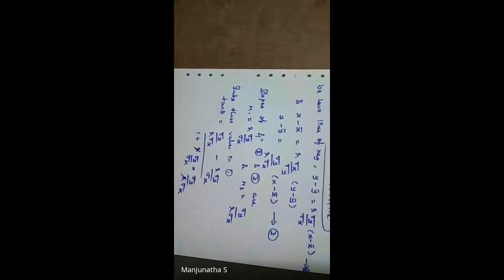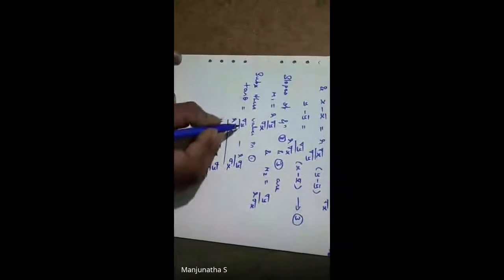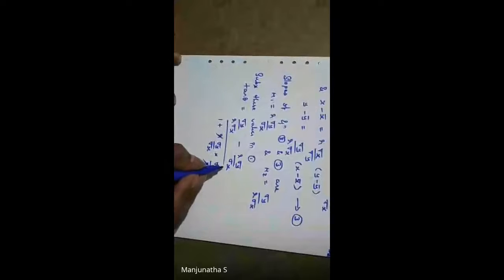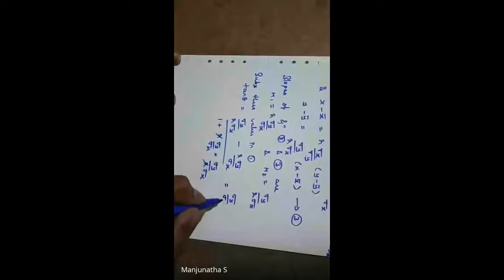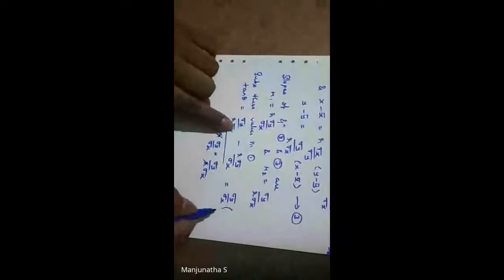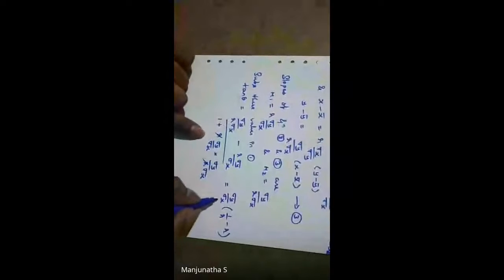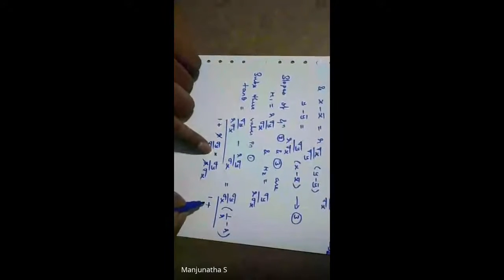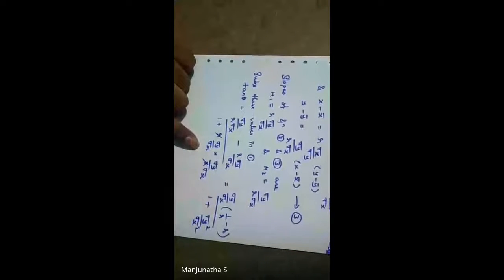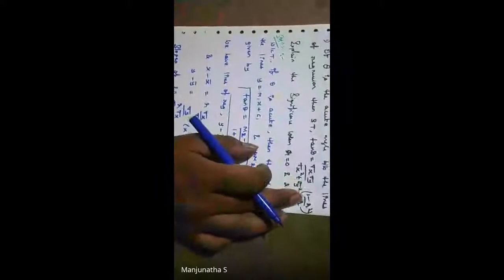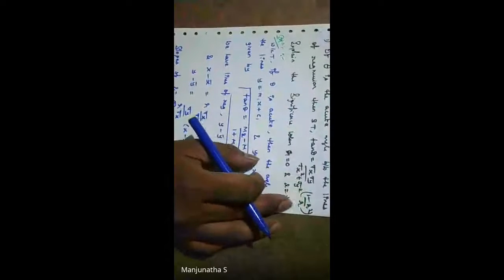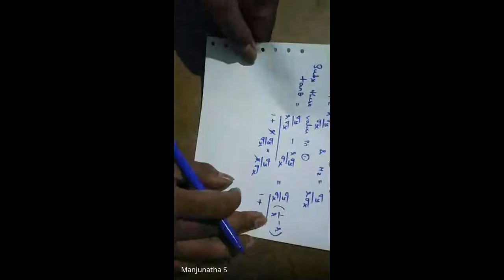So r and r get cancelled here. Correct? Here also sigma y by sigma x, and here also sigma y by sigma x, so we can take it as common. When you take sigma y by sigma x as common, the remaining element is 1 by r minus r over 1 plus sigma y square divided by sigma x square. Now see the RHS part. The RHS part should be like this: 1 minus r square divided by r. But here we got 1 by r minus r.